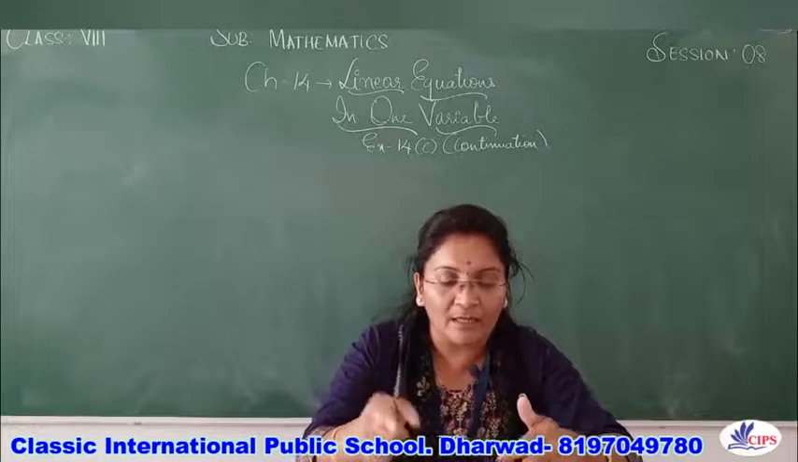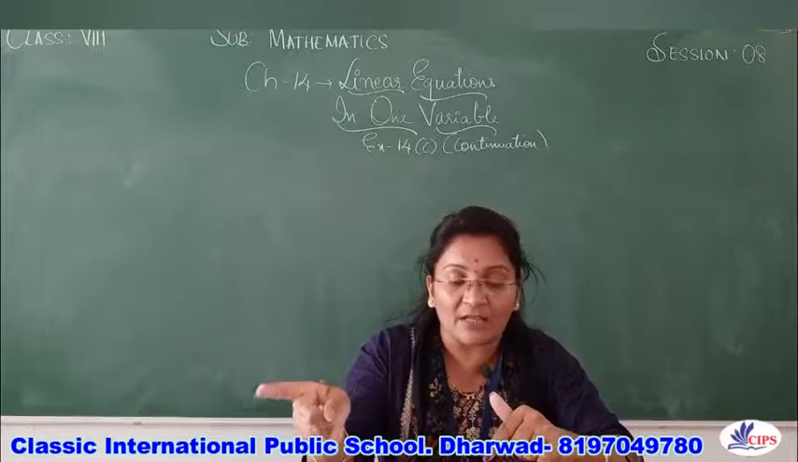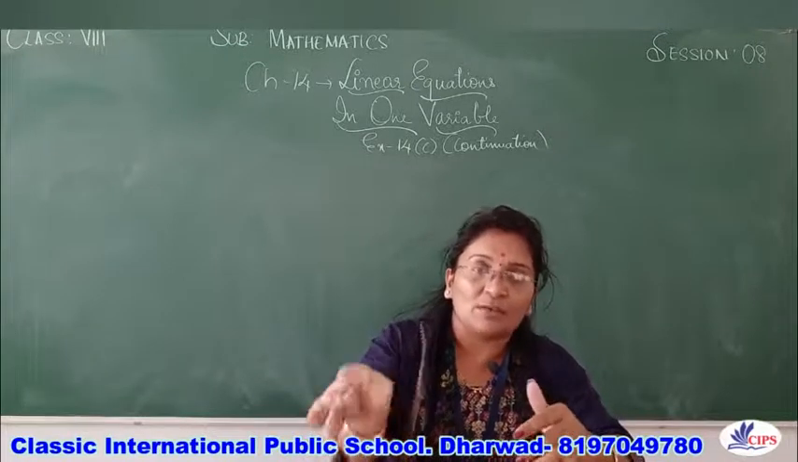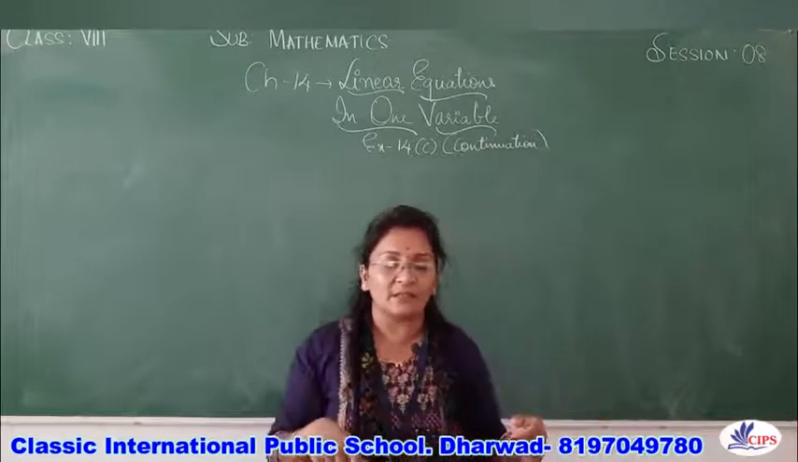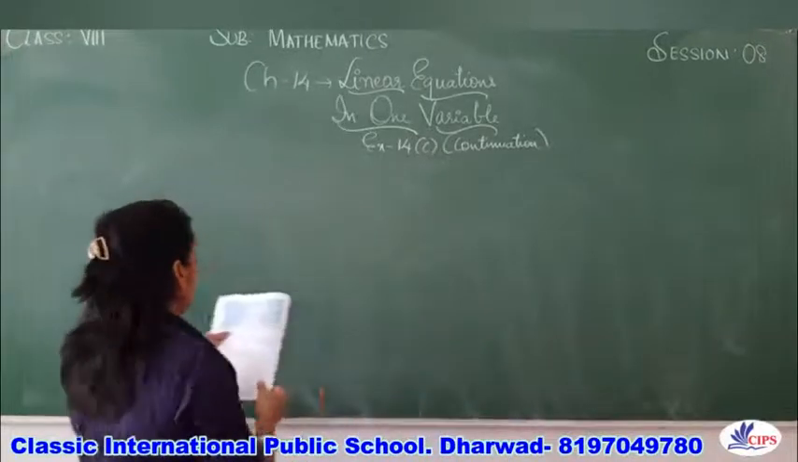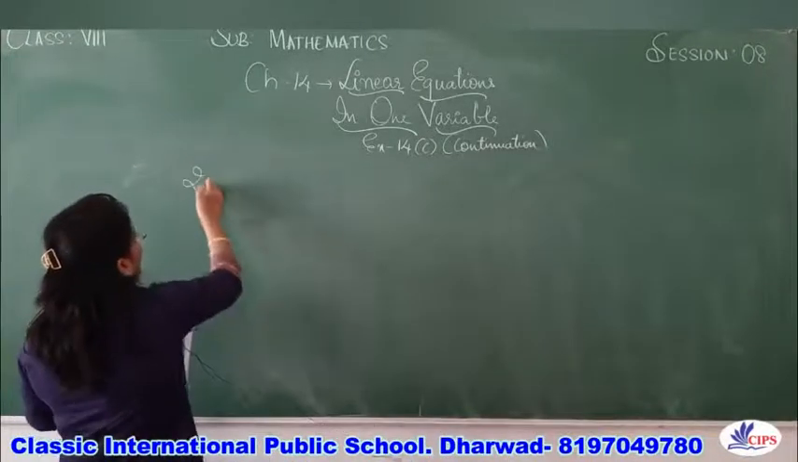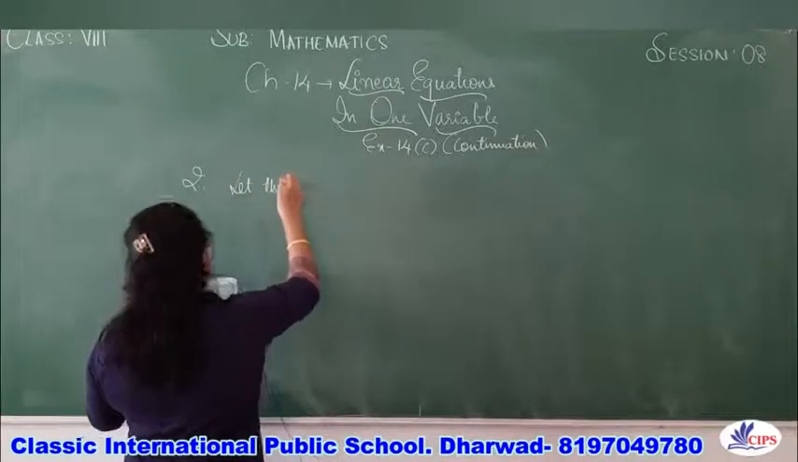And now he has told after 12 years how much he will be: 3 times as old as I was 4 years ago. So if his present age was x, 4 years ago it will be x minus 4. Now let us begin with the equation. So second one, let the present age be